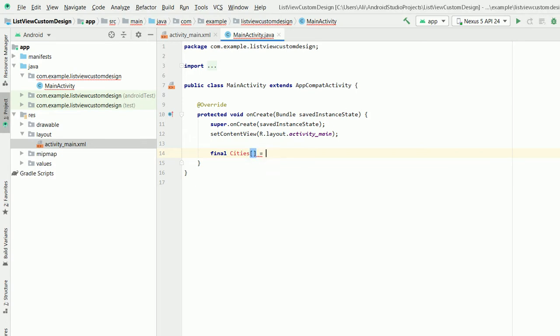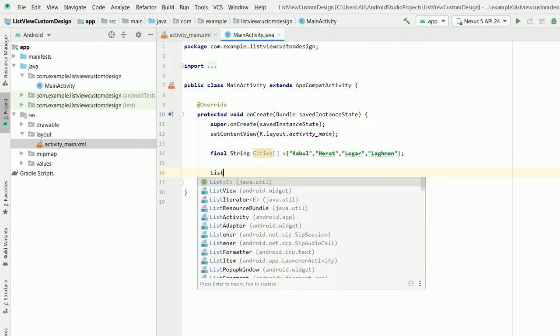final String cities one, declare the one array: Kabul, Herat, Logar, and that's it. So let's add one more, Laghman. Now list view,